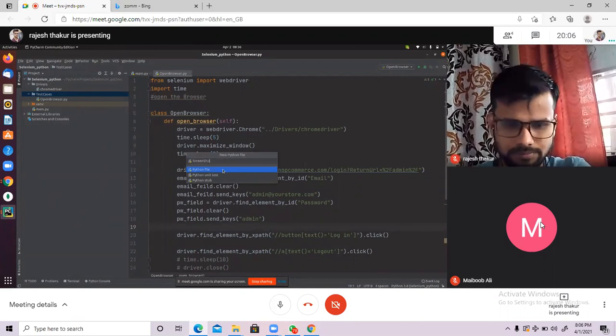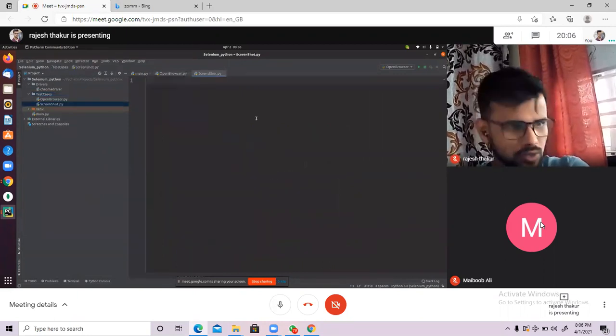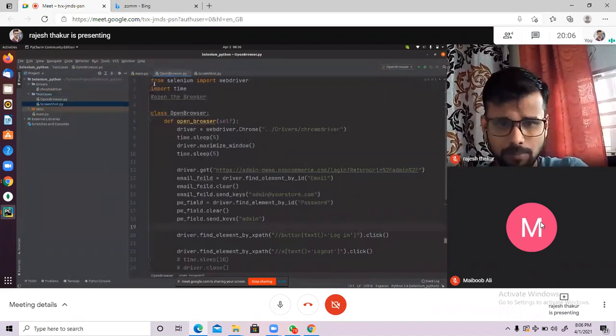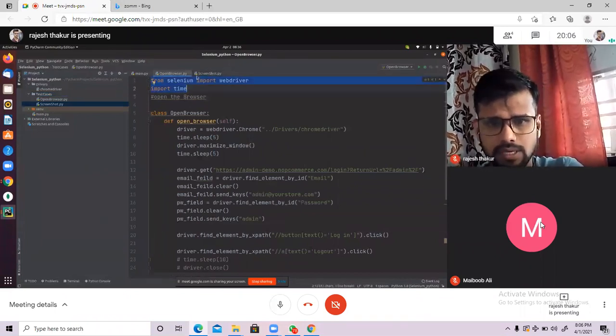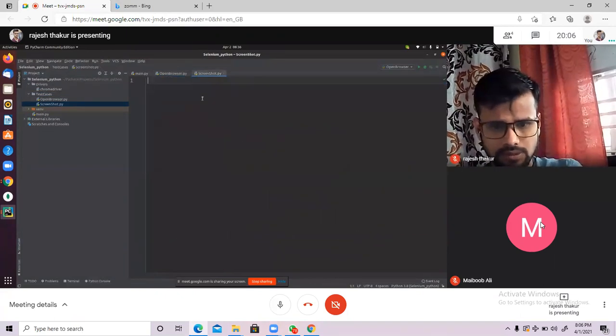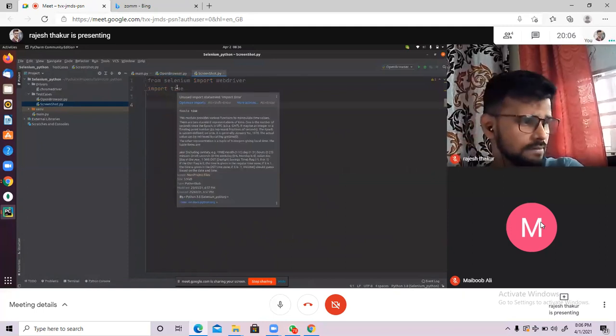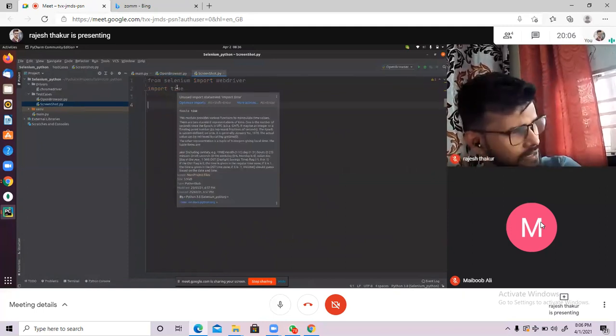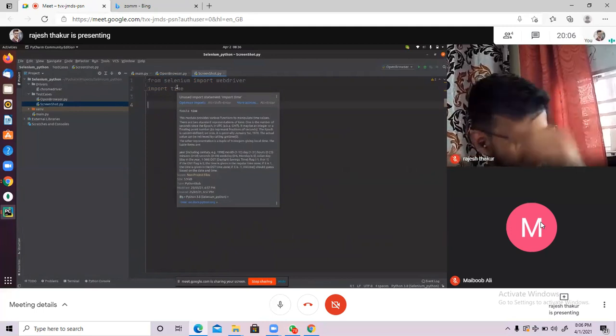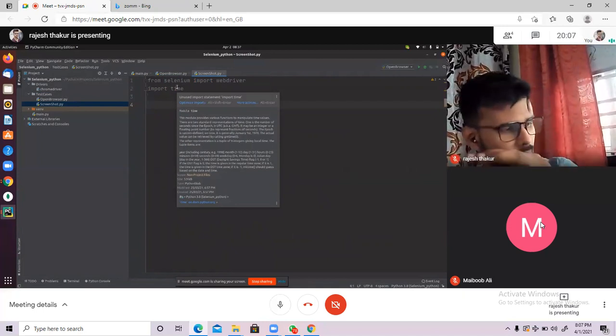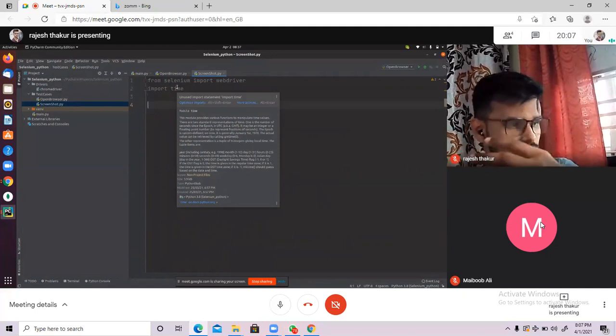Screenshot. Okay. Now, I am just doing the copy pasting. I'm not doing anything. Just copy paste this import part and Control V. See, normally, what are the things we are doing with the browser application? Opening the browser, maximizing the browser, refreshing the page, going back, whatever things you are doing. If there is something I'm not reminding you of here, you can come up with that point also. We are doing this also. So we can see how to do these things in the automation, right?